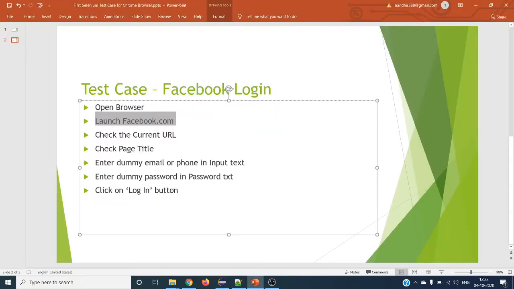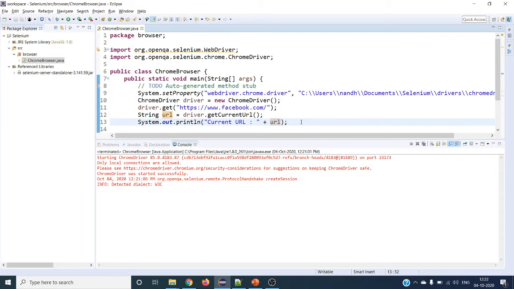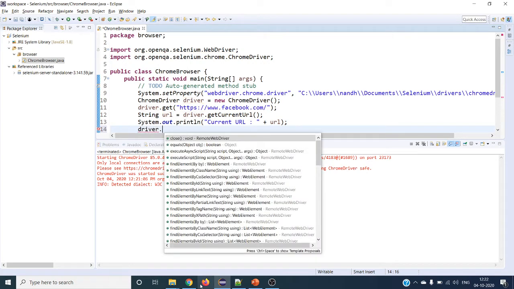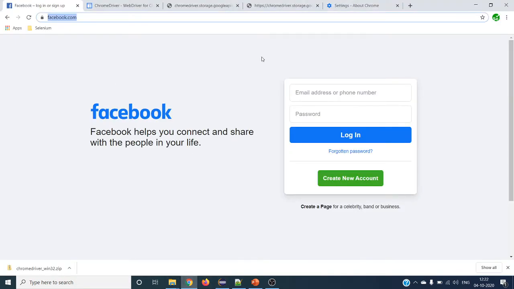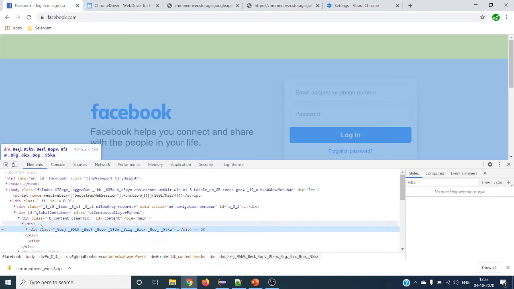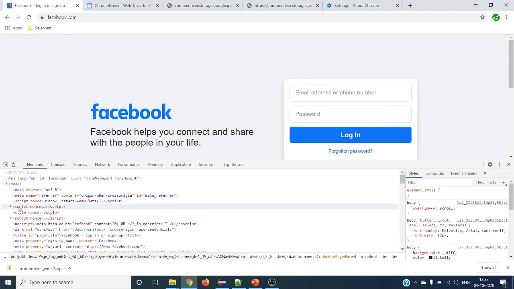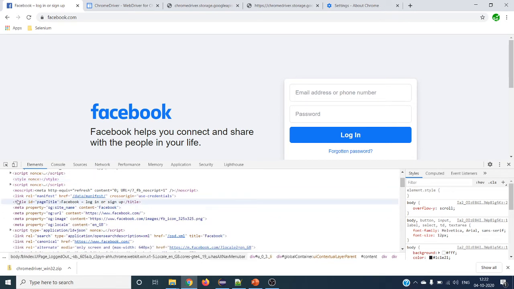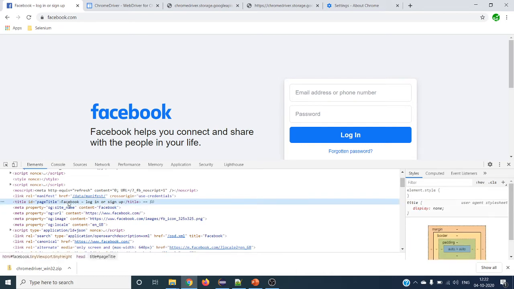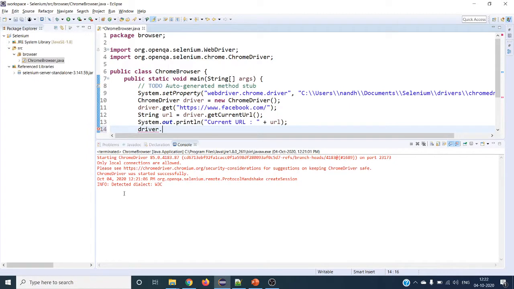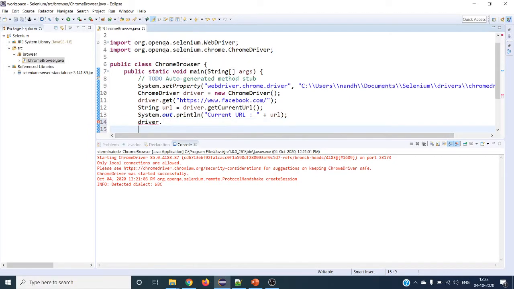The next one will be to check the page title, so let's fetch the page title. Same driver dot. To see what it will fetch, just right click and inspect. You can see here the head, and if you go down you can see one title tag. This will return this Facebook hyphen log in or sign up string. It has to return this particular string, so let's check that.